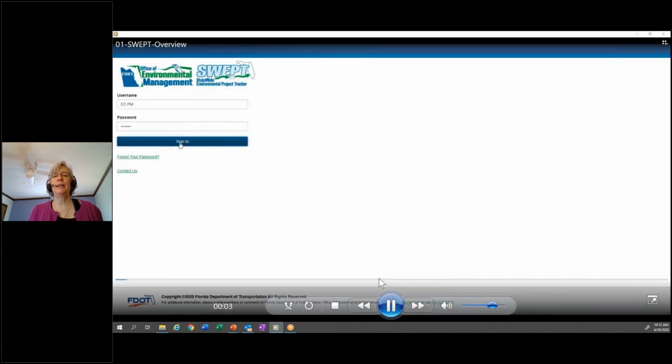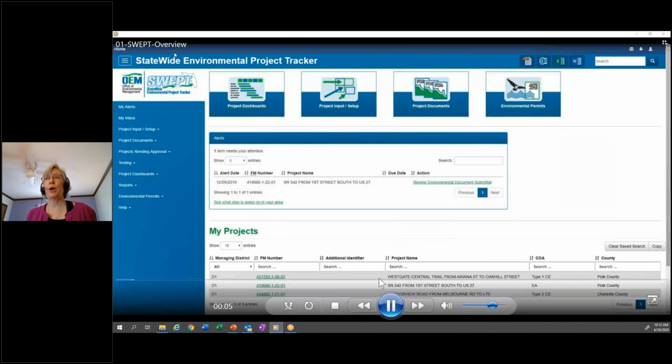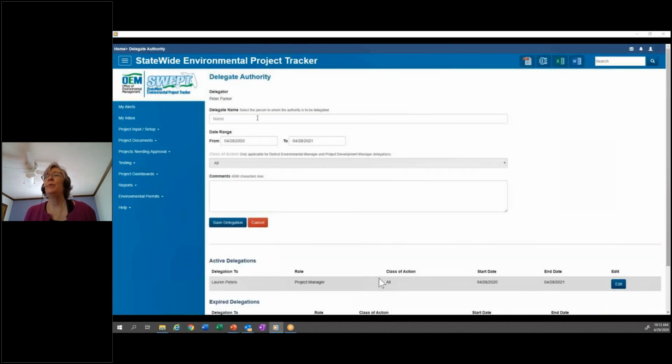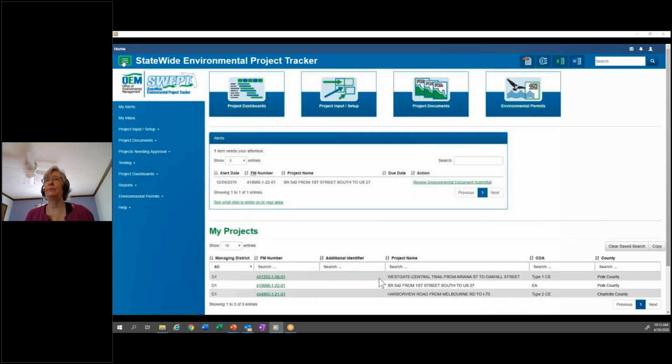So here I am logging into our test server as a project manager from the district. Just showing you an overview. At the very top, we have breadcrumbs. We have ways to get to notifications, alerts, and user setup information. We always ask our users to keep their contact information up to date. Some of our users can also delegate authorities, like our managers, if they're going to be out of town, they